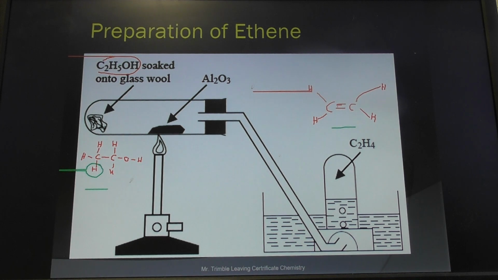And then if you look at the second carbon here, there's 2 hydrogens on it, but we've lost all of the OH here. And if you take those 2 in green away, you'll be left with